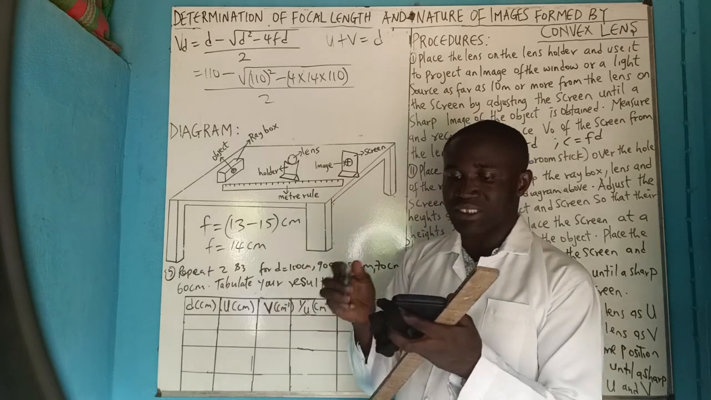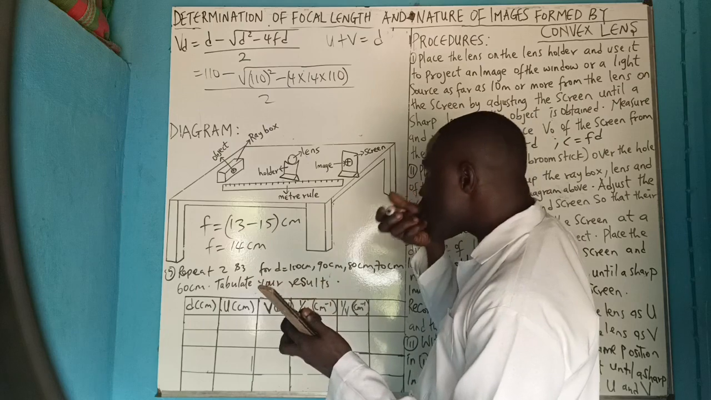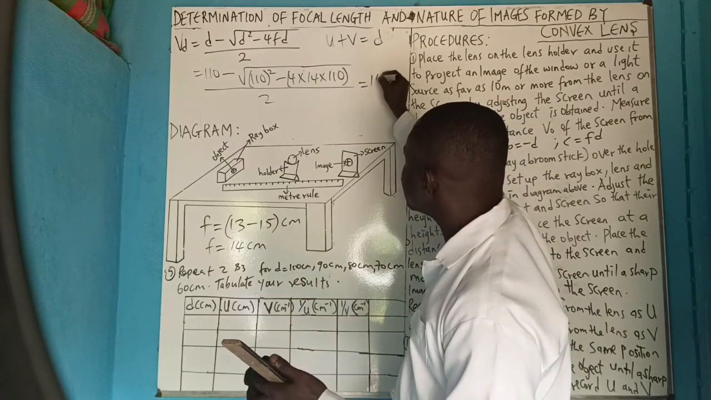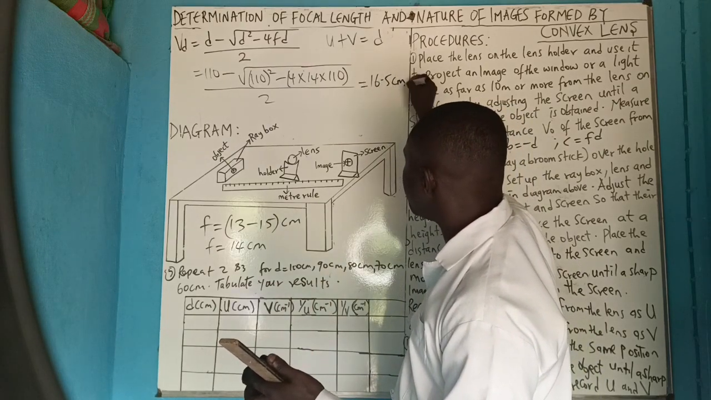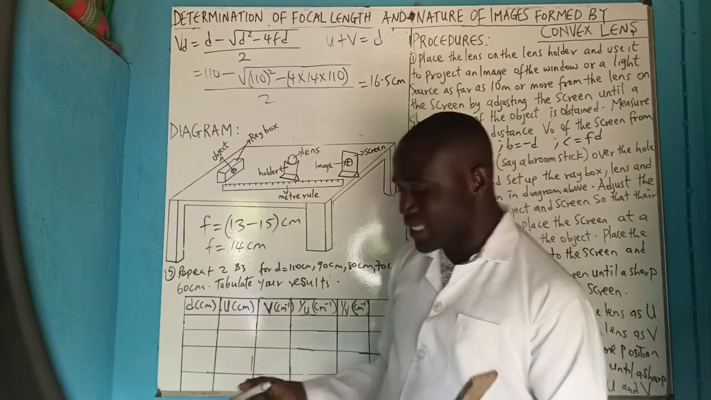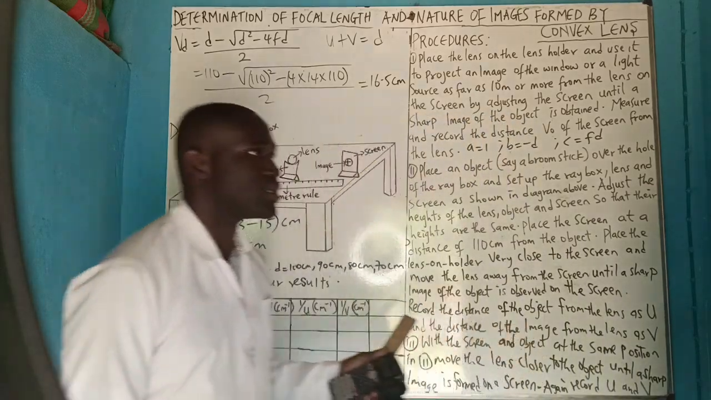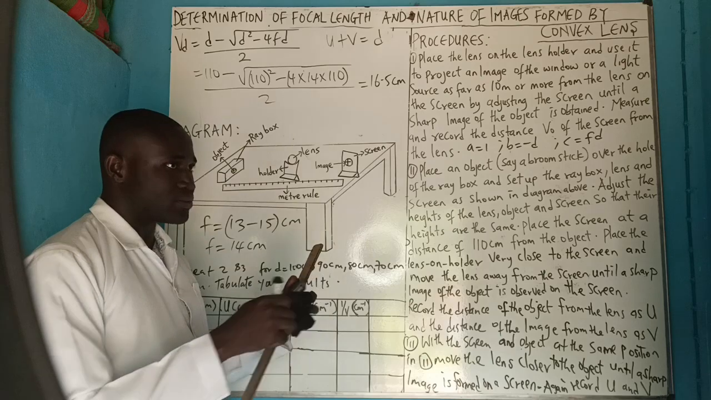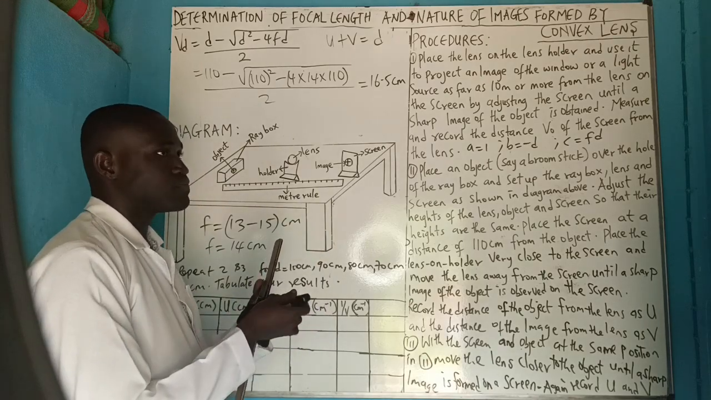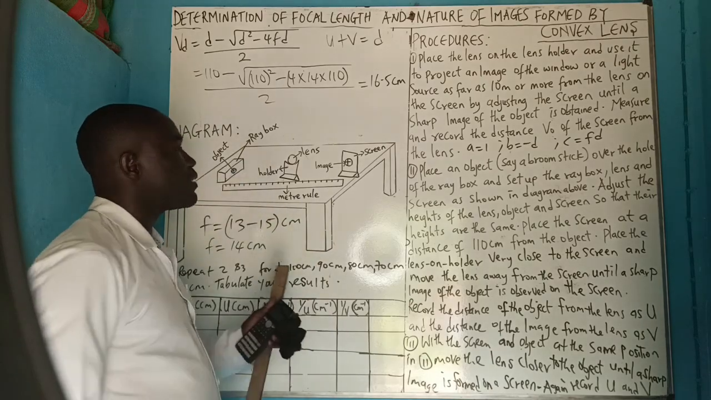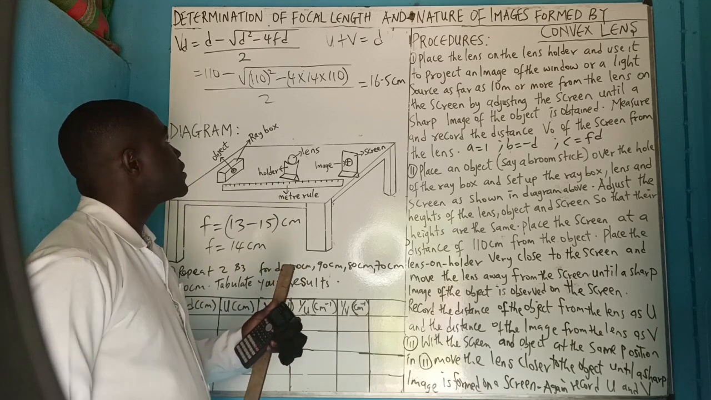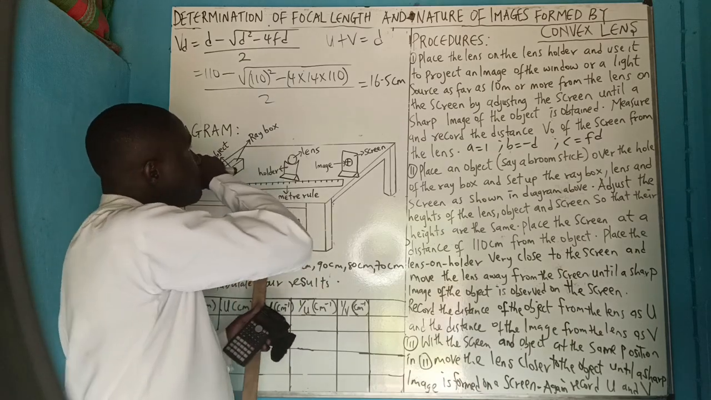That should be giving me 16.5. I will say 16.5 cm. I'll make it to be in 1 decimal place. Are you getting it? The reason being that if I make it to be in 1 decimal place,